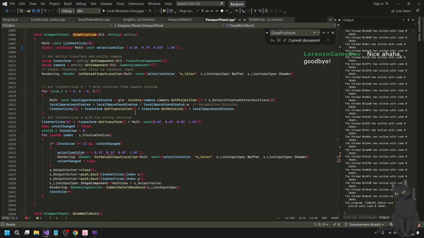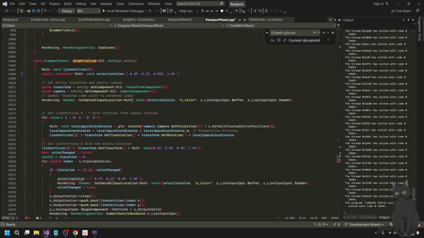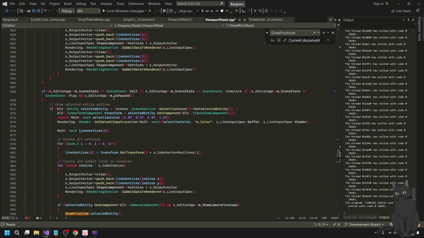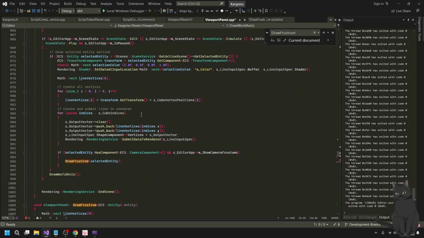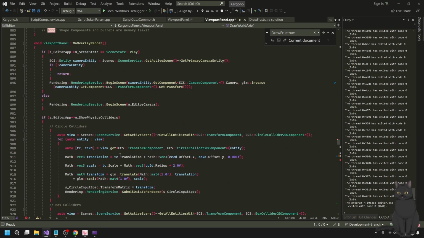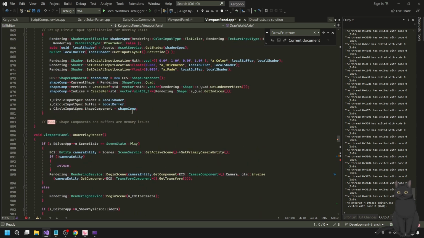All right. So let's see. If I have multiple camera points, is this right? Drawing it for every single one? Let me see. Box colliders.